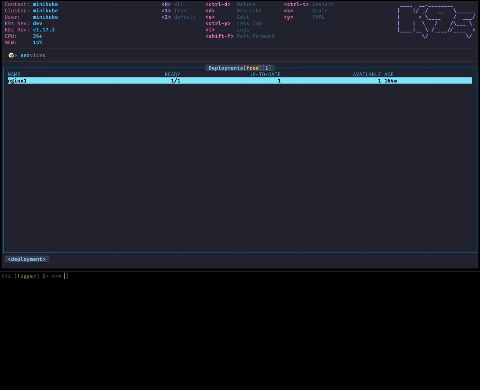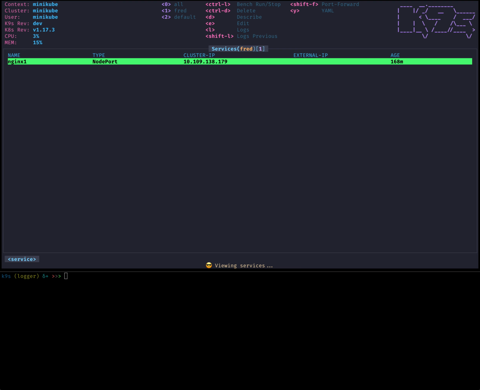I can hit tab to accept the choice, or I can use the right arrow to accept the choice, or Control F as well to accept that choice. Once I've got my choice, I press enter, and then I get to navigate to that resource.